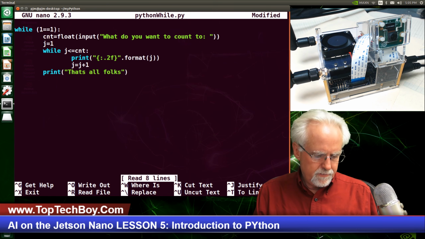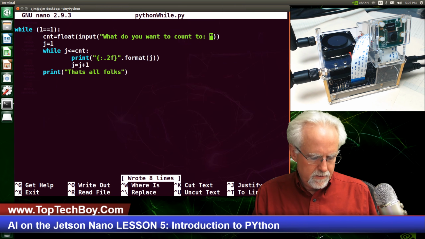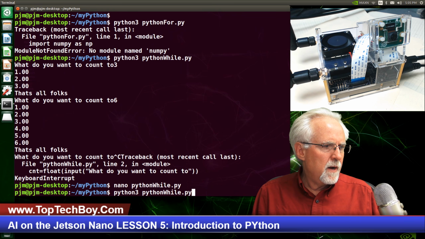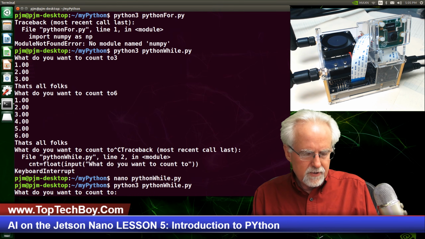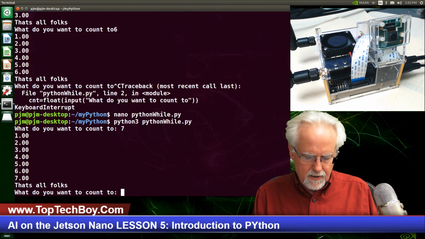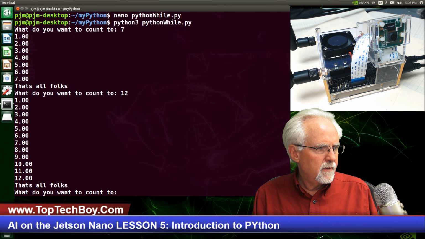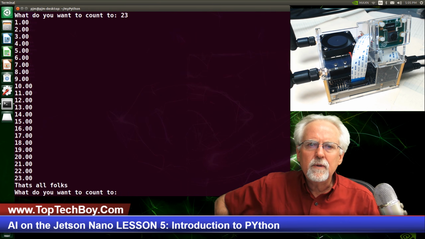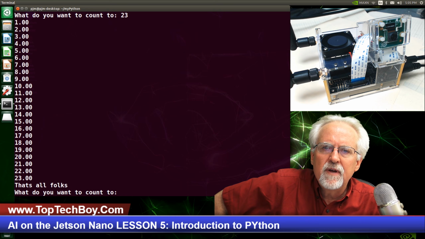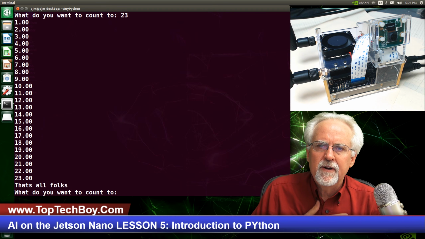I'm going to put a colon and a space, so now Control O, Enter, Control X, up, up, and then python3 while. I want to count to 7. Okay, I want to count to 12. Okay, I want to count to 23. Boom! You see that? Okay, man, we have done print, we've done user input, we've learned about variables,